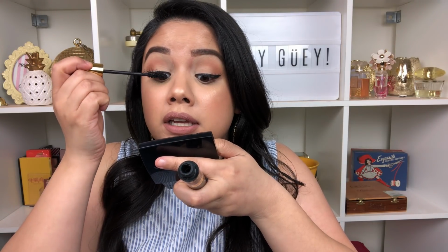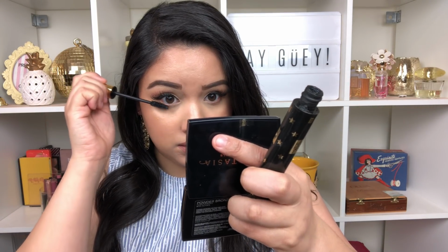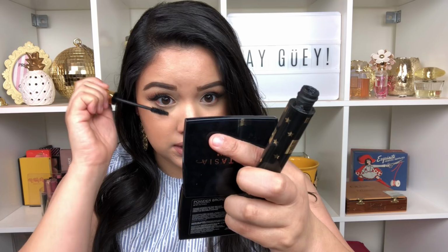I am now going to go ahead and take my Milani highly rated mascara and we are going to blend our lashes, fake lashes, and our real lashes together. So just lightly pressing that under, especially if you got any makeup powder or eyeshadow on them, you can't really tell. Also, I put on earrings today,